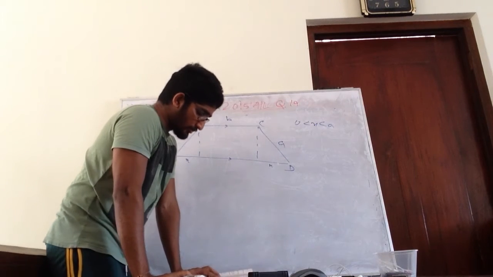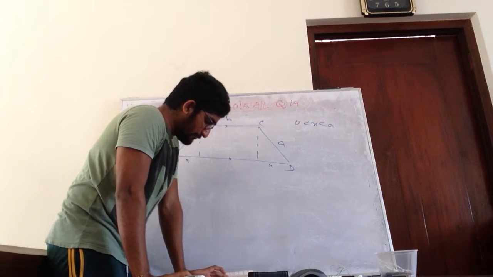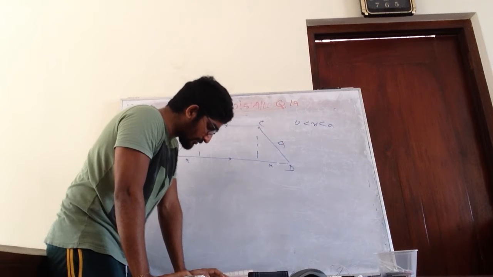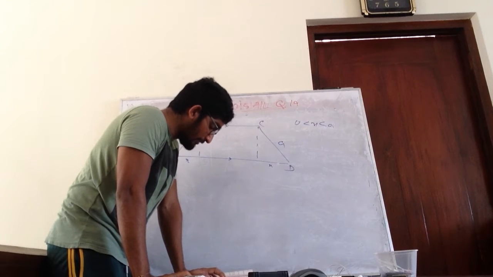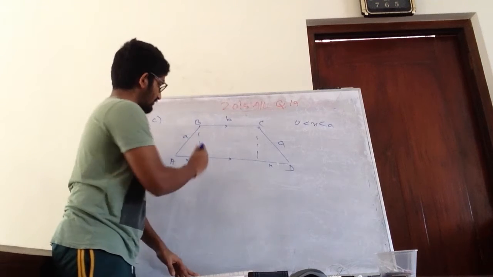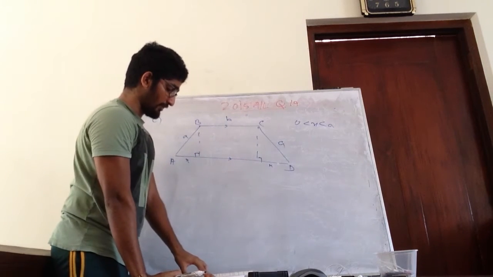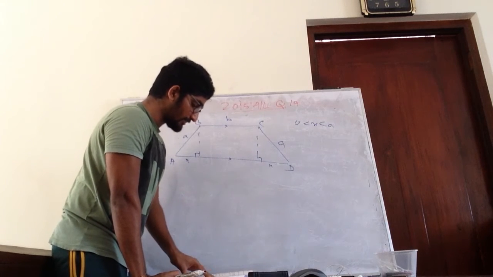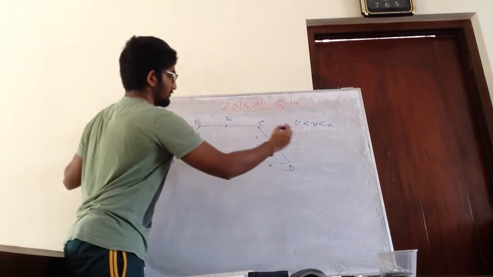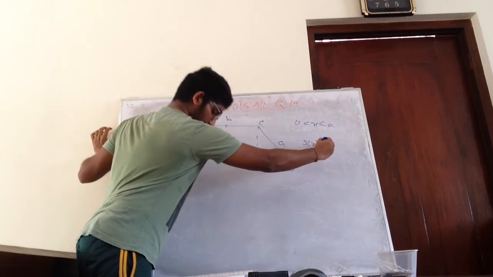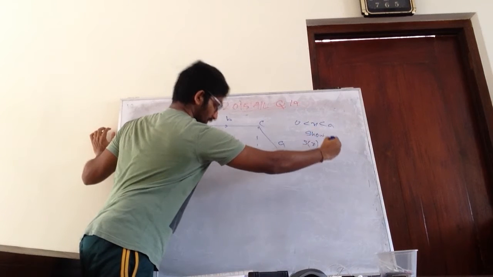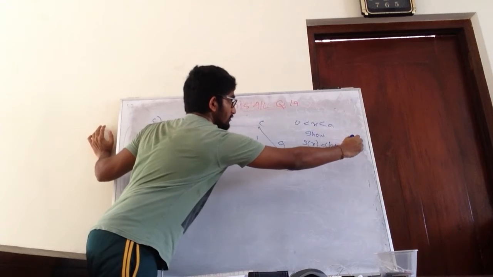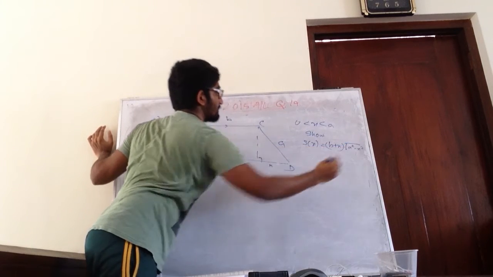Okay. So now, they say BE and CF are perpendiculars drawn from the vertices B and C respectively on the side AD. Okay, these are basically 90 degrees. Right, now show that the area Sx of the trapezium ABCD is (b plus x) times the square root of (a squared minus x squared).